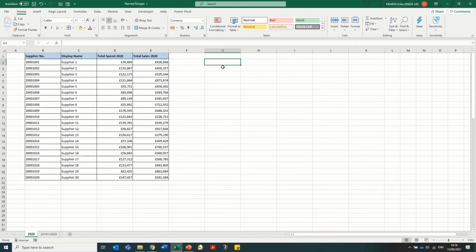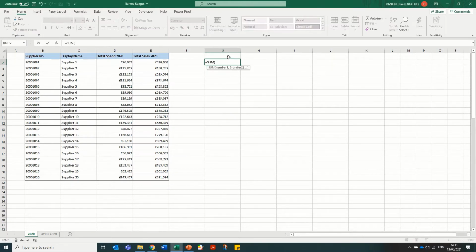Now, everything we've done with our named ranges so far, we've done via the ribbon. However, there are a number of really useful shortcuts that can make this whole process much quicker and much easier. The first of these is F3, which brings up a list of all the named ranges in your workbook. And you can then insert these into your workbook by double-clicking on them, or say we were in a formula,